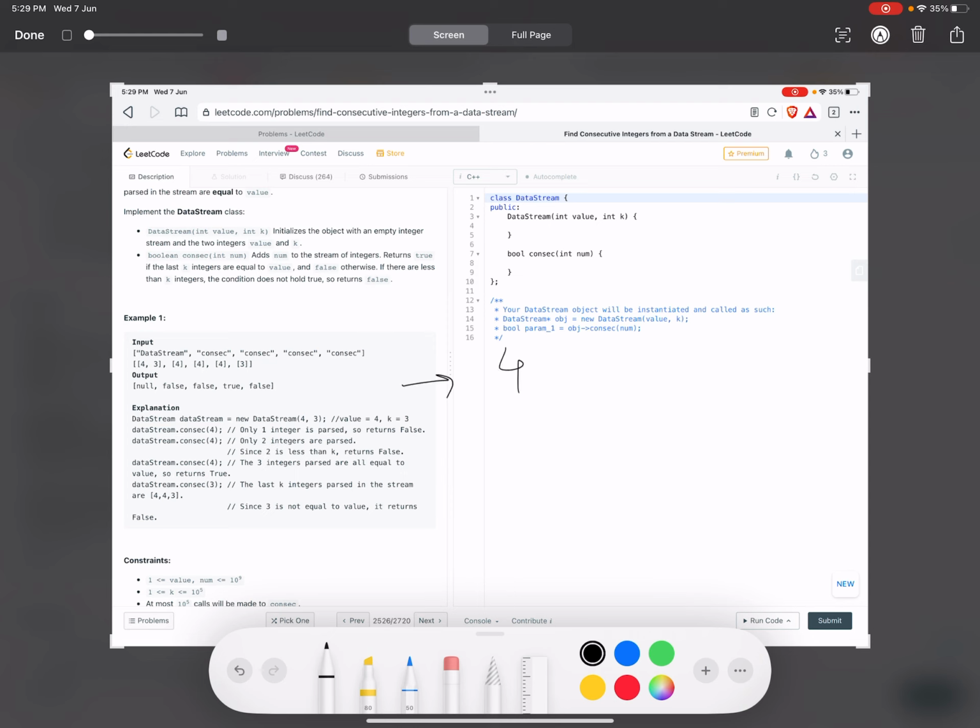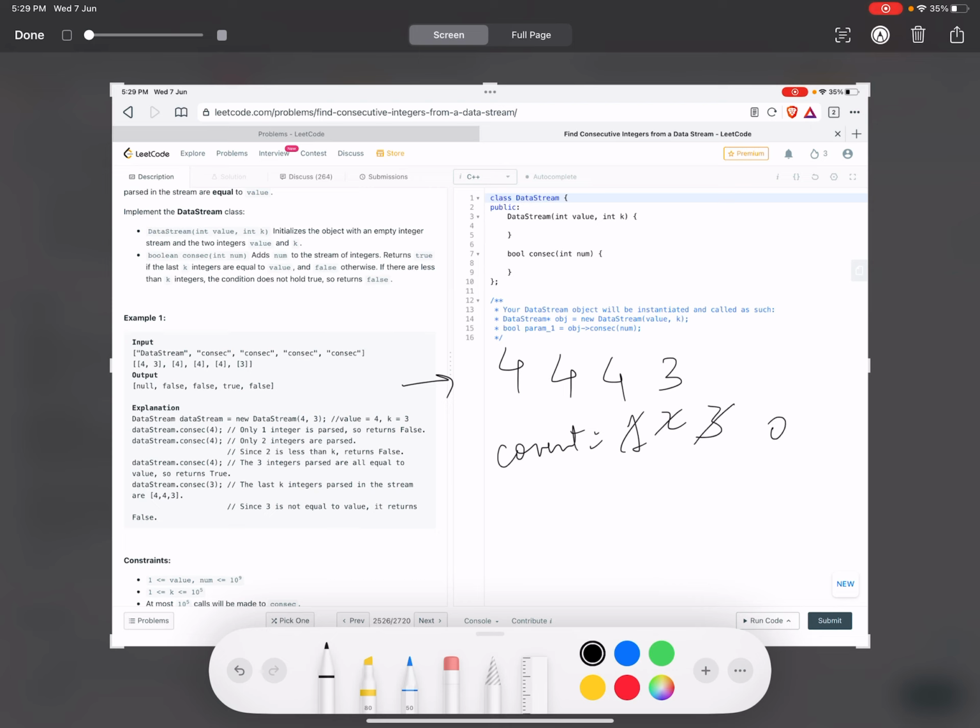For this example, when it is 4, the count should be incremented to 1. Then for the next 4 it should be 2, then for the next 4 it should be 3, and whenever it encounters a new value, the current run is gone, and now the count is set to 0.